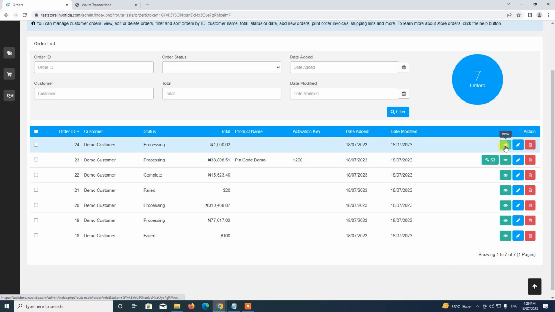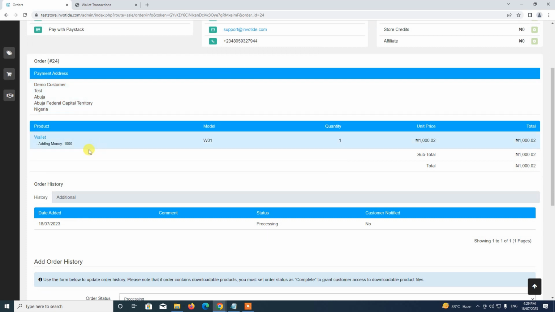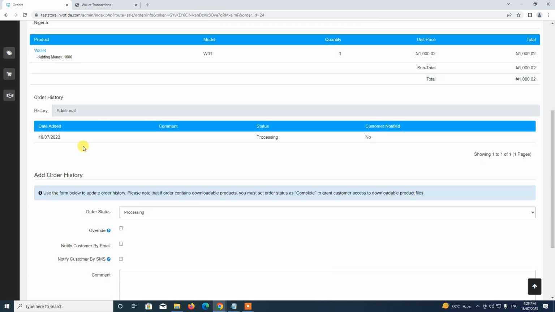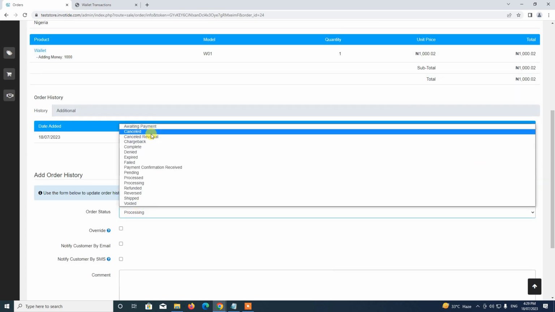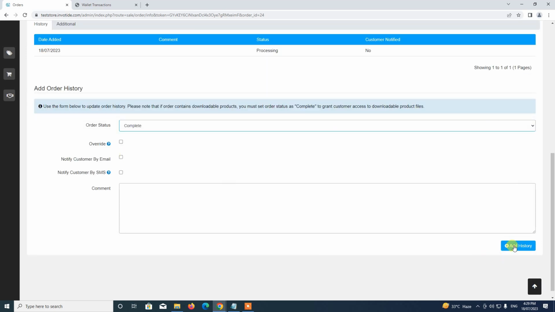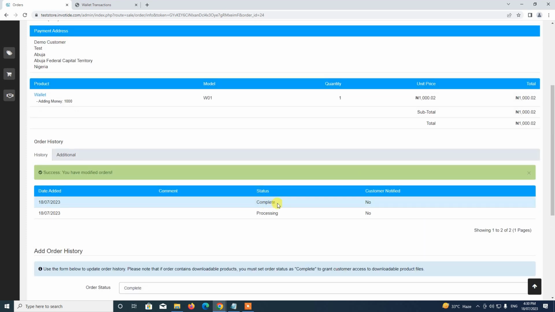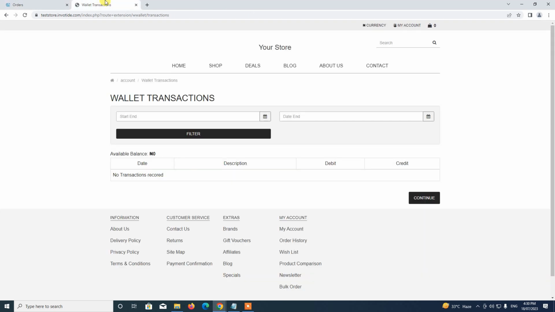So let's go ahead and process it. So for wallet, for the fund that we just added to be reflected in the customer's wallet, we'll need to update the order status to complete. So we go ahead and select it here and then click on this button to update the order status. Now that the order status has been updated to complete, if we go back to the storefront end,